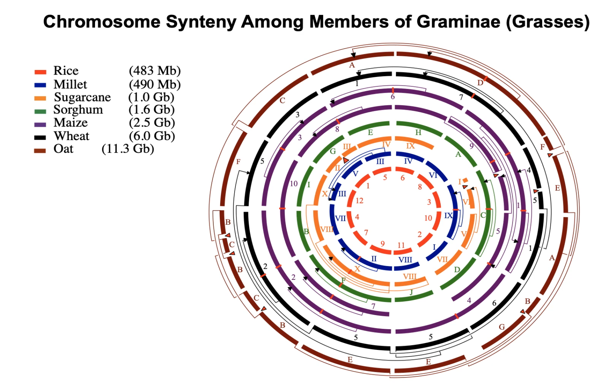So starting with the smallest genome in the center, which is rice here, then you can see the chromosomes there, 1, 2, 3, 4, etc. And they're lined up with the chromosomes of millet, which is the next one out. And you can see for the most part, they're syntenous, although the chromosomes in some cases have joined together with other chromosomes, so the chromosome number is somewhat different. Also, some regions have moved around on the chromosome, so you get these movements of large sections of chromosomes and sometimes inversions also where they switch directions. As you move further out on